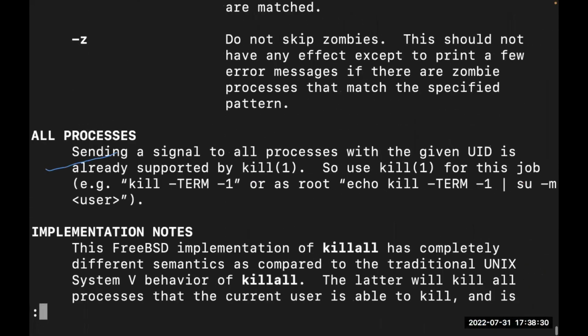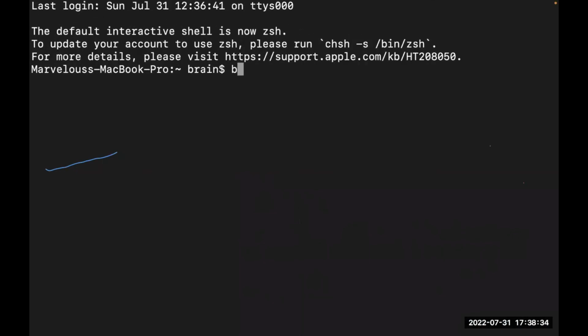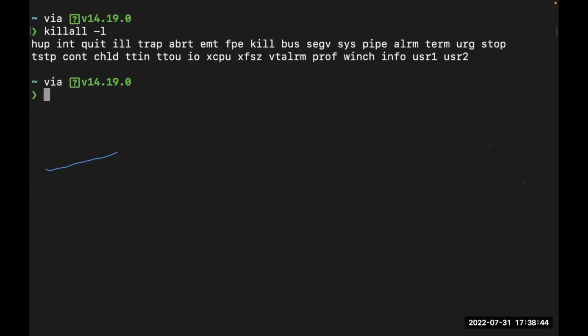Okay, let's do that. I'm going to open a new terminal by just pressing Ctrl N. I'm going to go into Bash, because by default I go into Fish, which is a different shell. So what I'm going to do right now is run killall -l, and this is saying